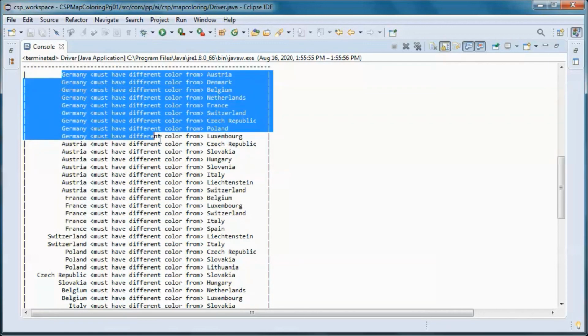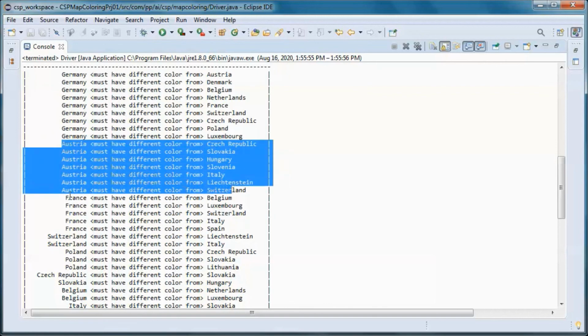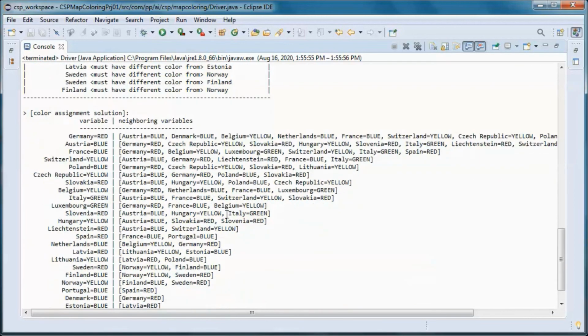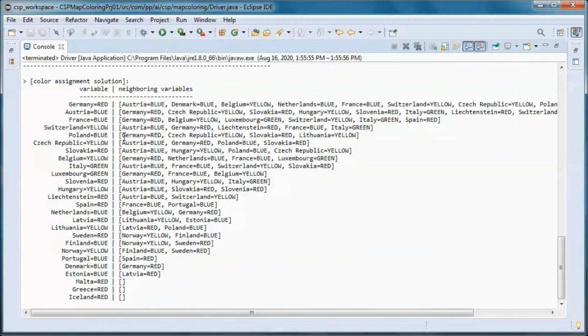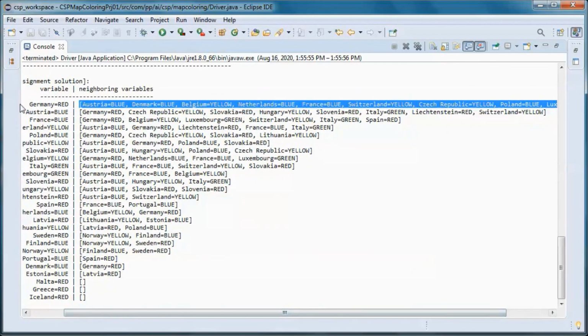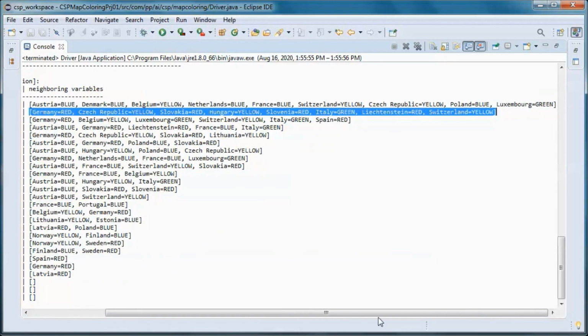So Germany cannot have the same color as any of those neighboring states, and same here and here, etc. And we end up with this color assignment solution. So here we have this color, and none of its neighbors have the same color, and same for this one. None of its neighbors have the same color, etc.